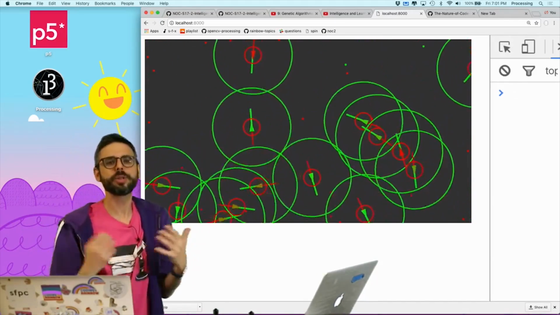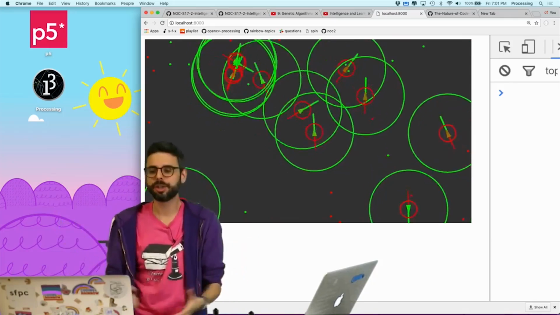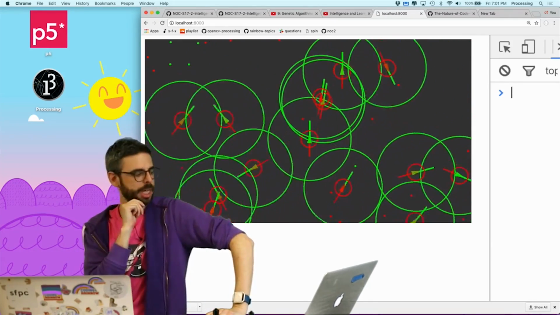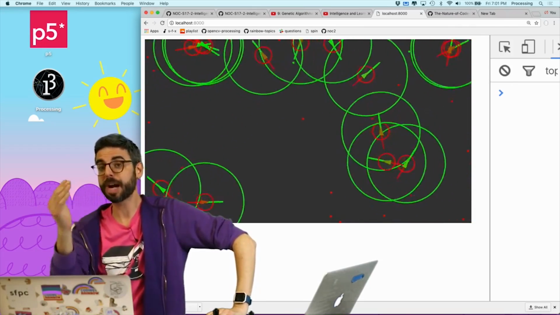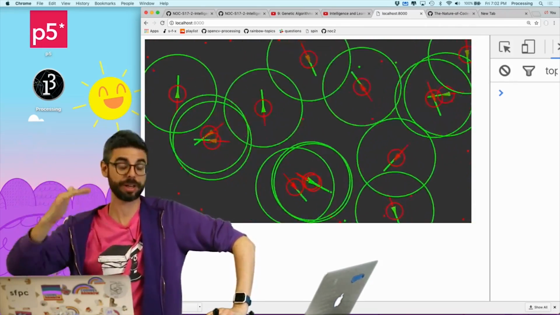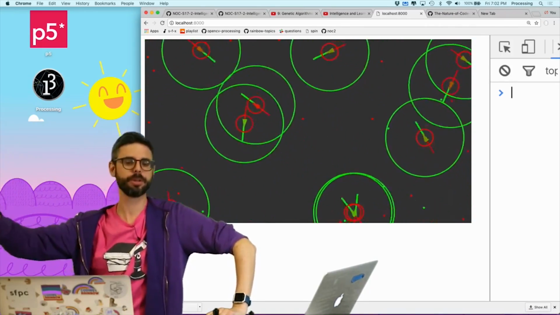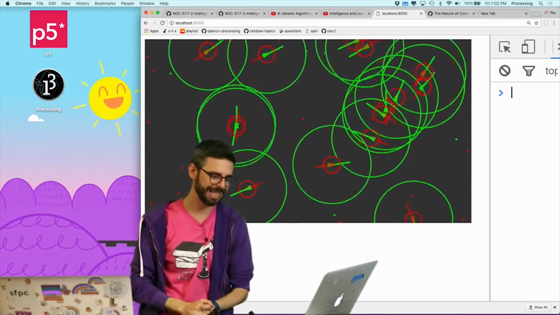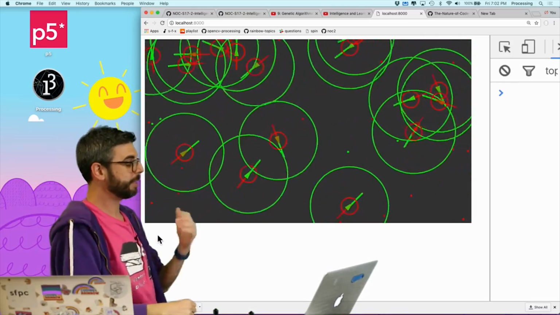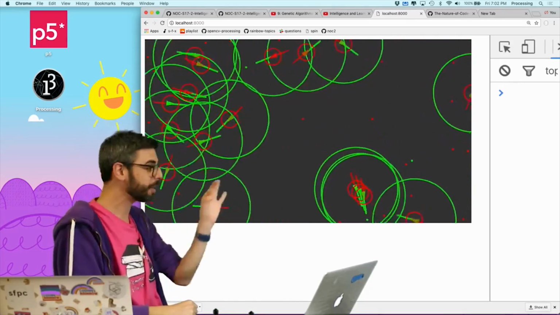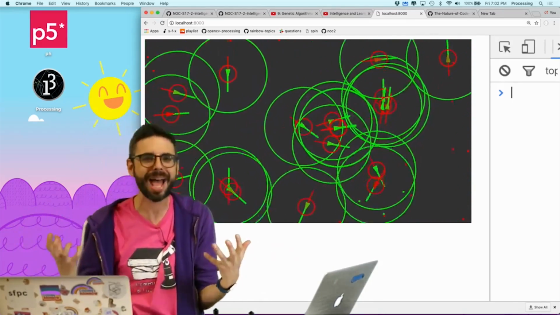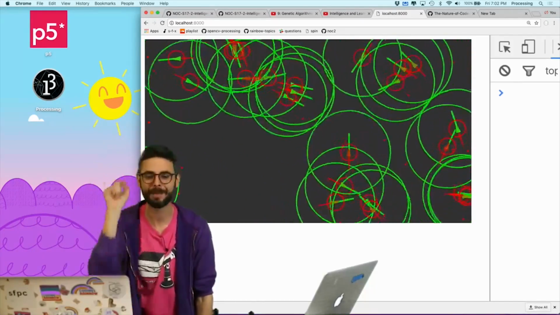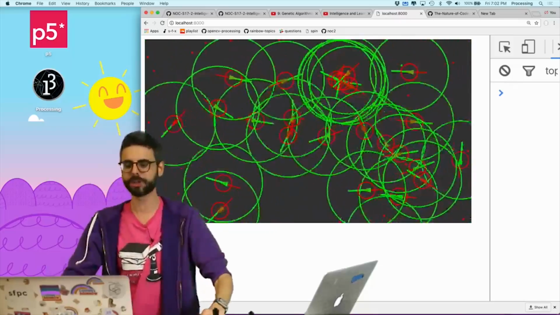Then, of course, there's all sorts of interesting possibilities here. What are other things you could add to the system? Somebody suggested having the probability of reproduction be related to their health value, so that if they're really healthy, they're more likely to reproduce than if they're close to having a health of 0. So I'm sure you have lots of creative ideas. Add an interface to play with different parameters, design it in a different way, make this into a game somehow. Somebody suggested allowing the user to save them by adding food. So there's all sorts of possibilities here.